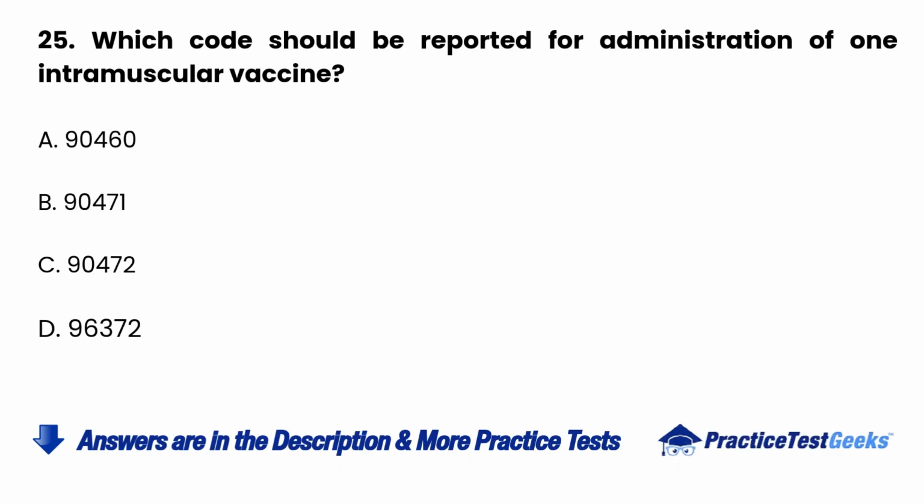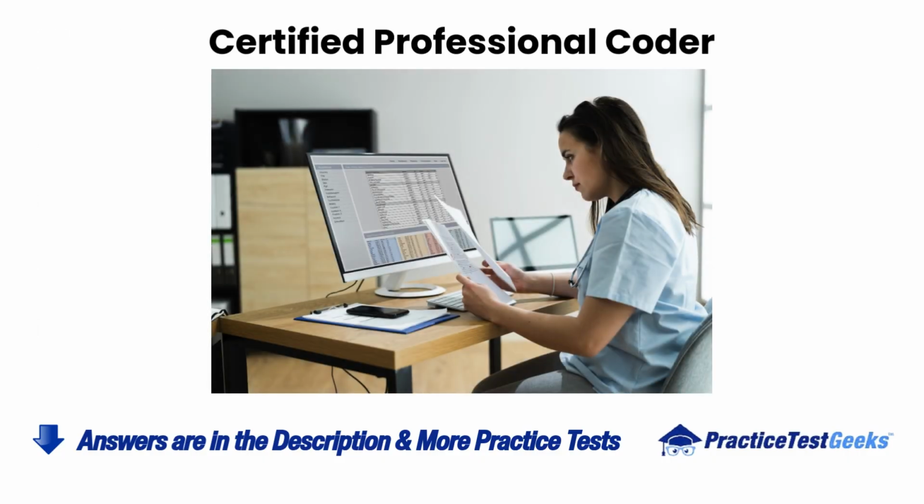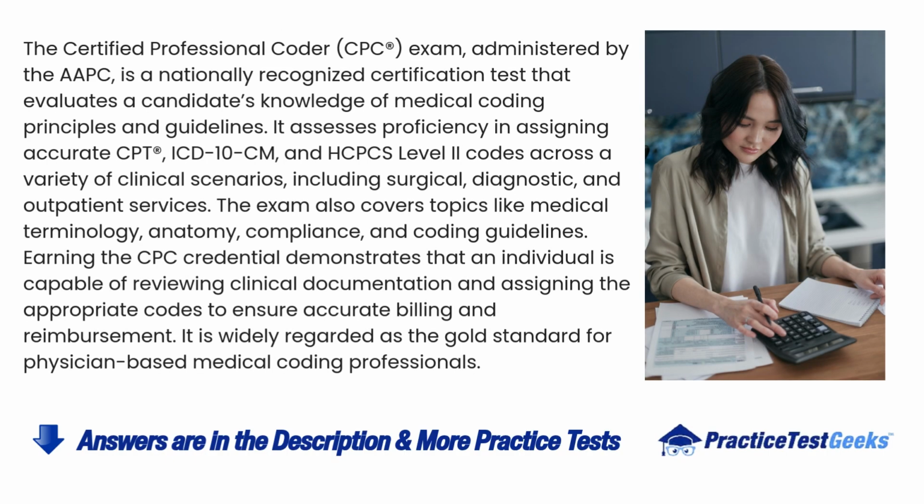25. Which code should be reported for administration of one intramuscular vaccine? A. 90460, B. 90471, C. 90472, D. 96372. Certified Professional Coder. The Certified Professional Coder CPC exam, administered by the AAPC, is a nationally recognized certification test